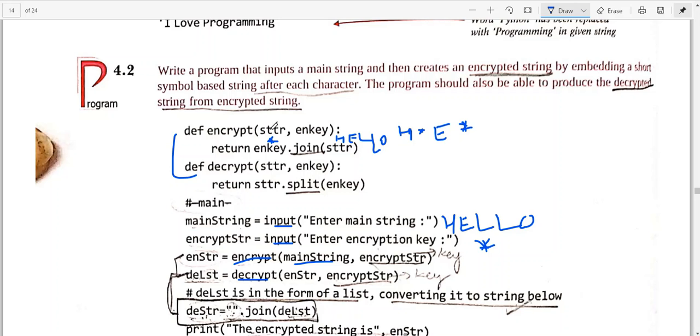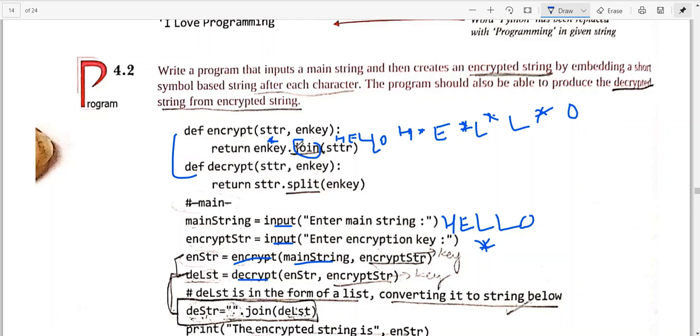This function definition has two arguments, hello and star. Then it will use the join function to join and make H star, E star, L star, then L star again, and then O.